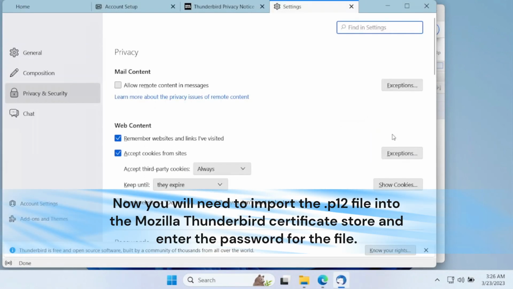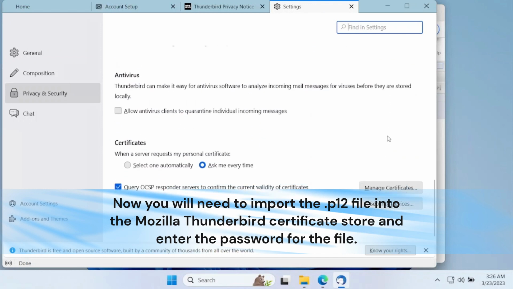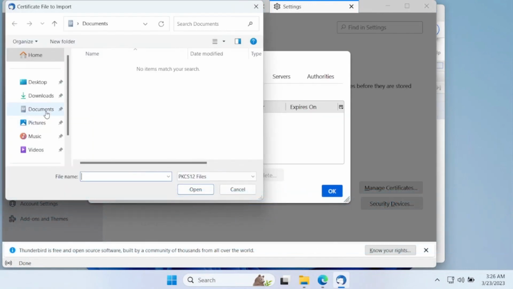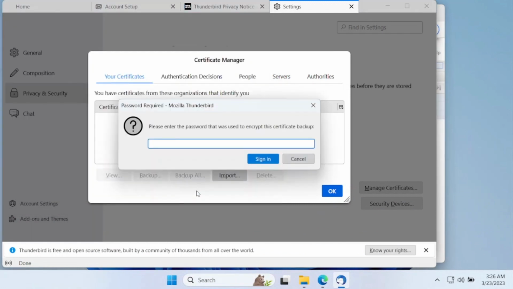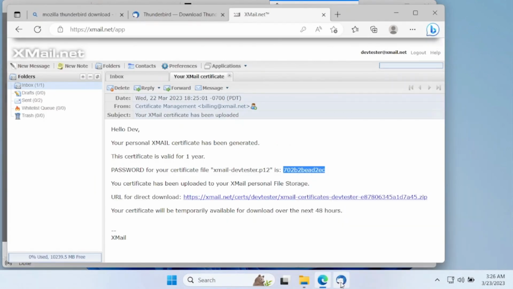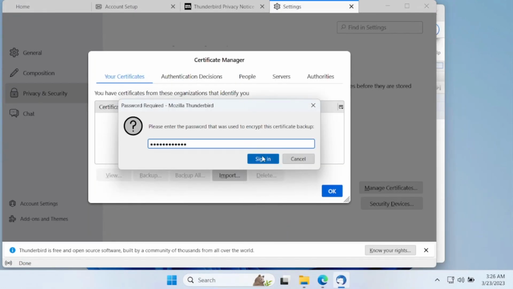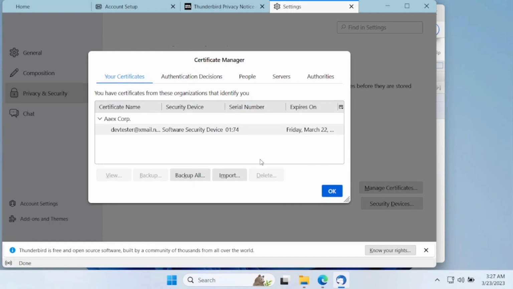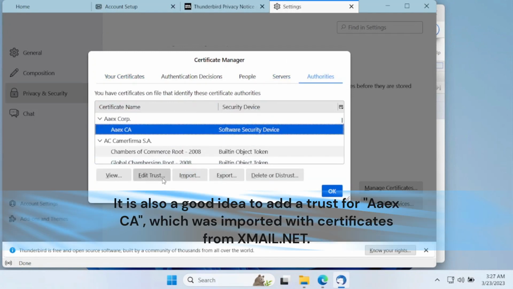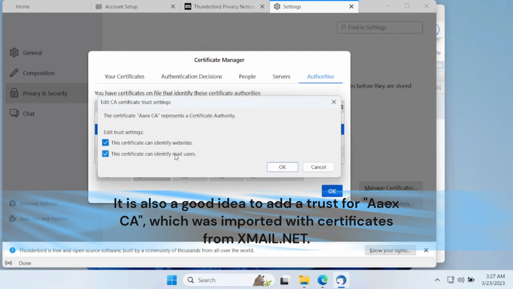Now you will need to import the file into the Mozilla Thunderbird certificate store and enter the password for the file. It is also a good idea to add a trust for the certification authority, which was imported with the certificates.